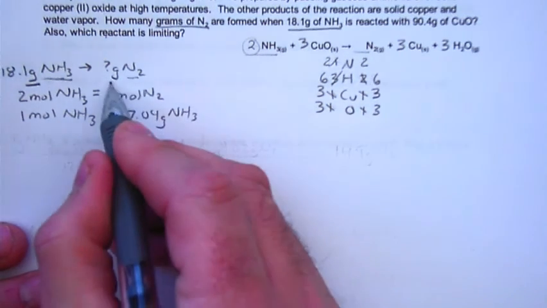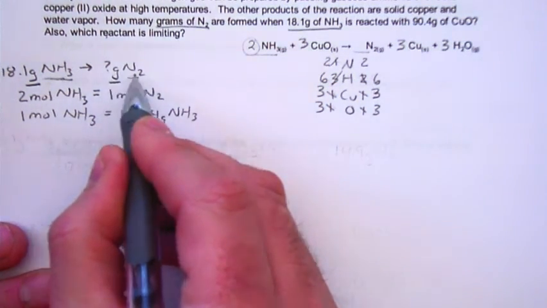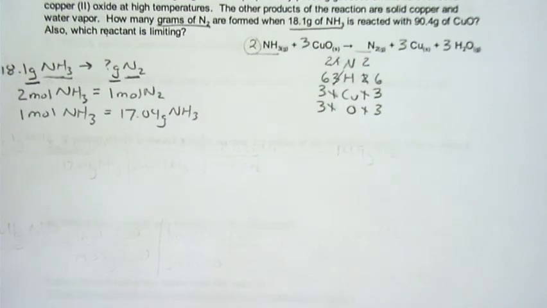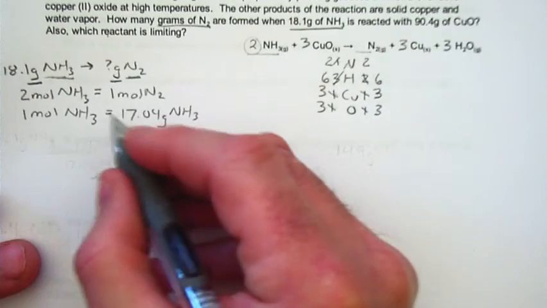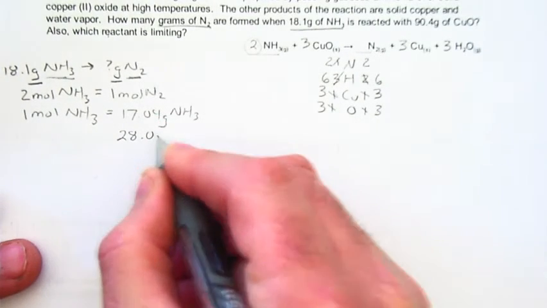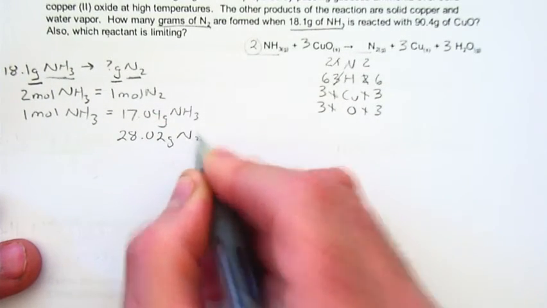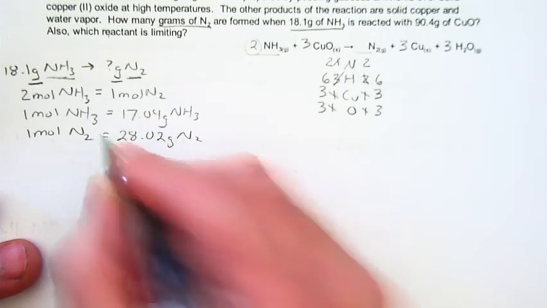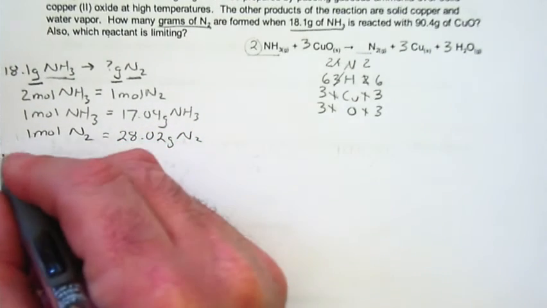Now I also need, since that is grams there, I need the molar mass of nitrogen. Well, again, each nitrogen is 14.01. 2 of them equals 28.02. And again, it's molar mass, so that's 1 mole of nitrogen equals that. So I set up my grid,